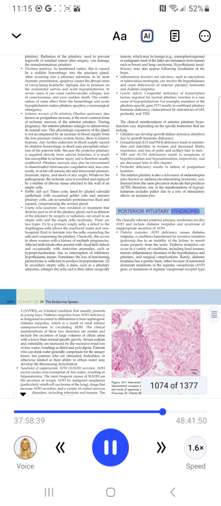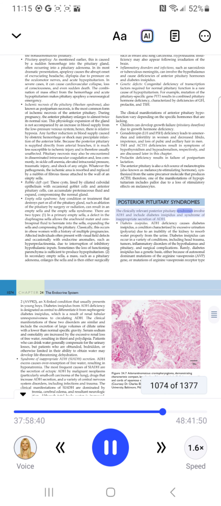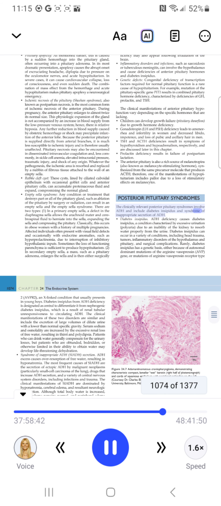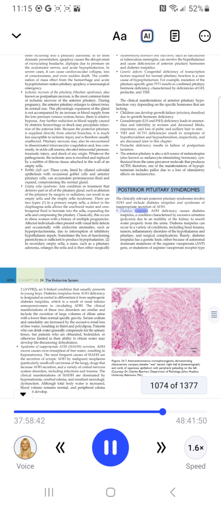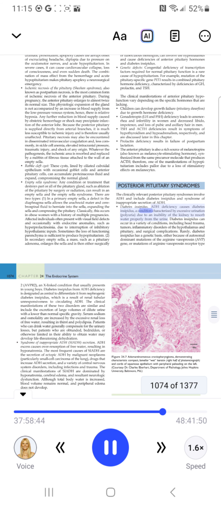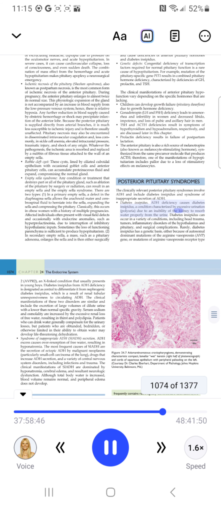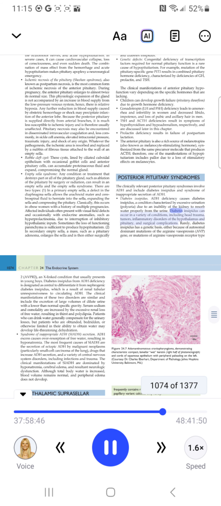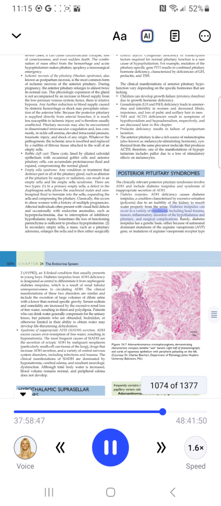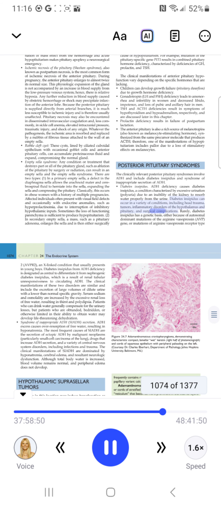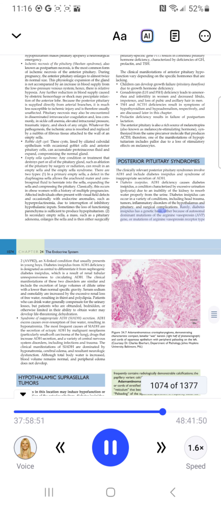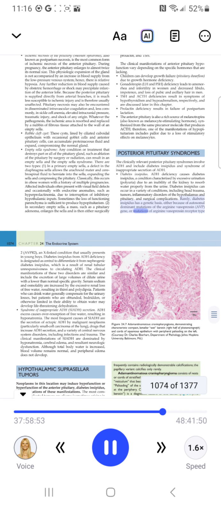Posterior pituitary syndromes. The clinically relevant posterior pituitary syndromes involve ADH and include diabetes insipidus and syndrome of inappropriate secretion of ADH. Diabetes insipidus. ADH deficiency causes diabetes insipidus, a condition characterized by excessive urination, polyuria, due to an inability of the kidney to resorb water properly from the urine. Diabetes insipidus can occur in a variety of conditions, including head trauma, tumors, inflammatory disorders of the hypothalamus and pituitary, and surgical complications. Rarely, diabetes insipidus has a genetic basis, either because of autosomal dominant mutations of the arginine vasopressin (AVP) gene or mutations of arginine vasopressin receptor 2,